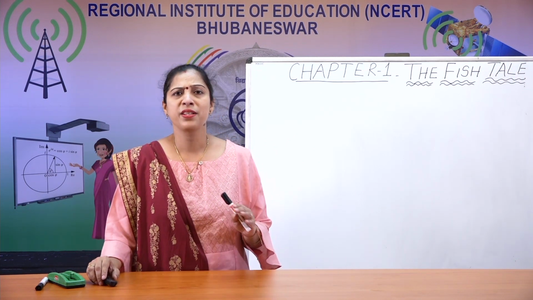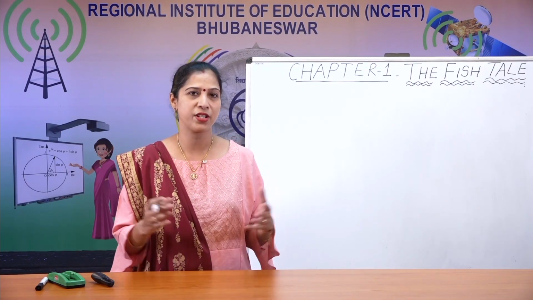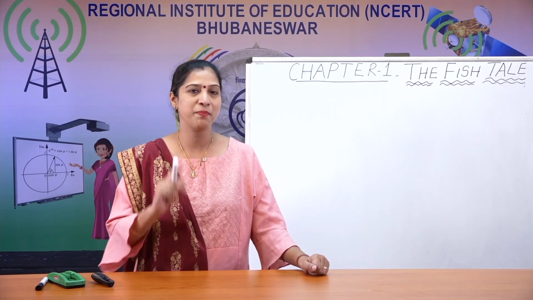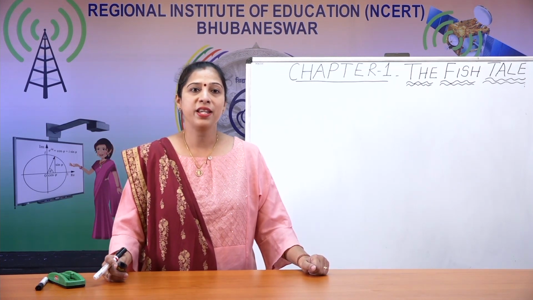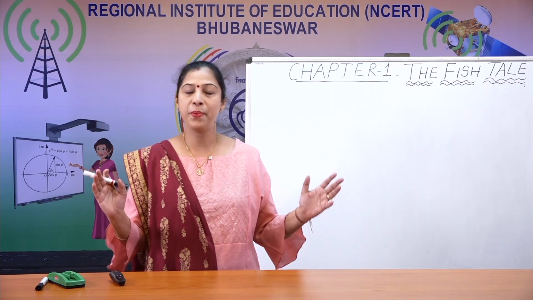Now, whenever we have seen any design, like on a sari, there are fish designs on your dress, there are fish paintings. One of the major things you can see is that everybody draws fish in one particular way. So these are some of the designs which you find. The first one is Madhubani art. It is the art of Bihar. And fish is one of the primary motifs, primary designs in there. When they draw something on the sari or do any other wall painting, fish is one of the major motifs. Now, when we are talking about fish, let's talk about the smallest and the biggest fish.